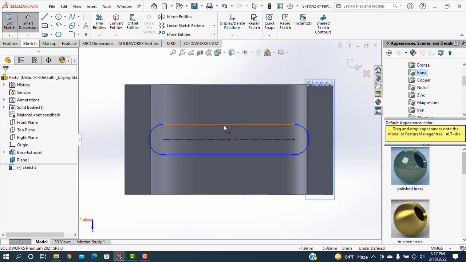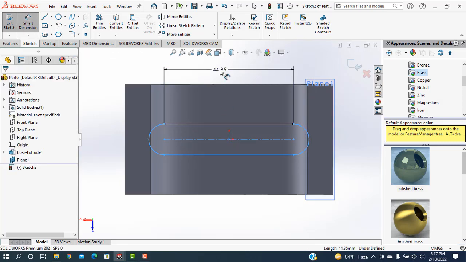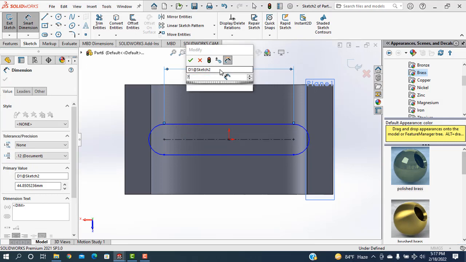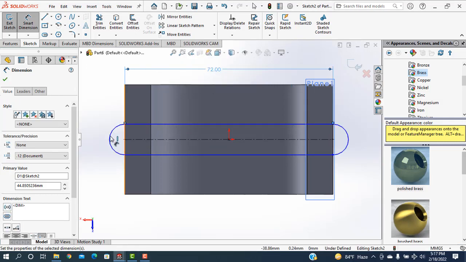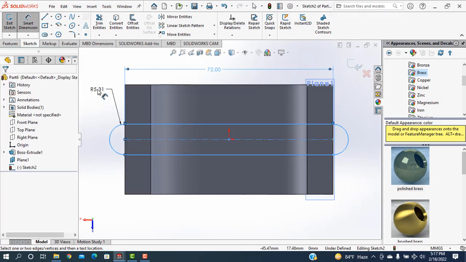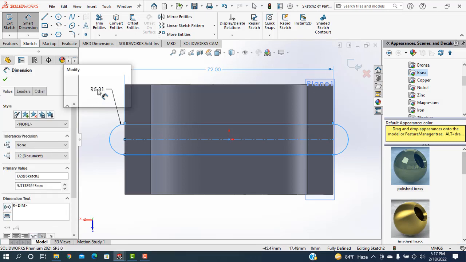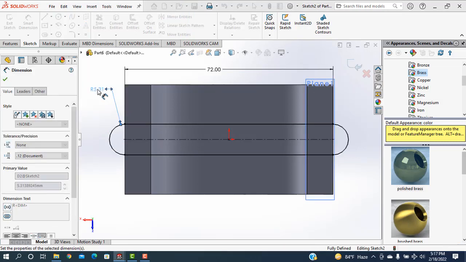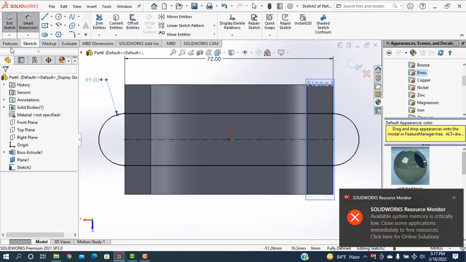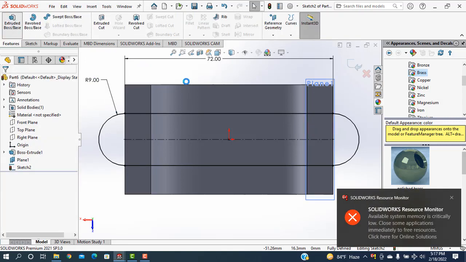going to smart dimension, taking this one as 72 millimeters and the radius of this arc is 9 millimeters. Okay, the features, extrude was selected,